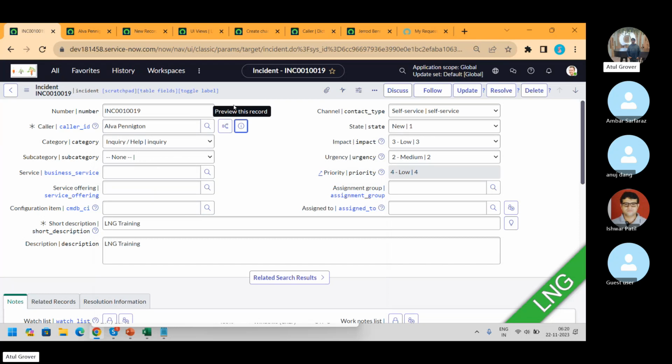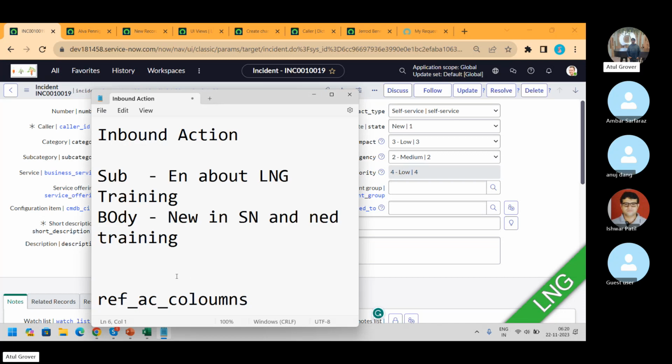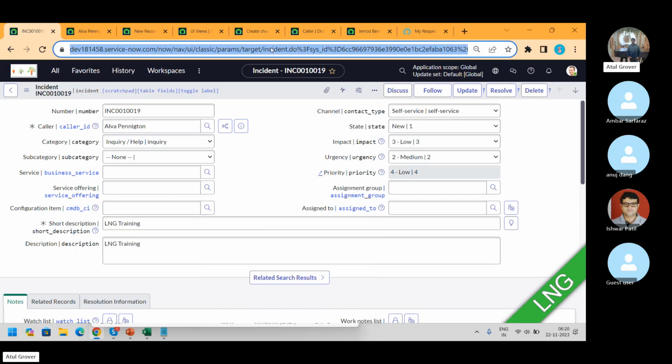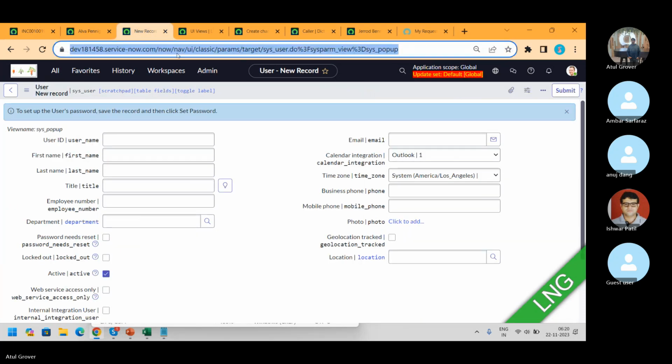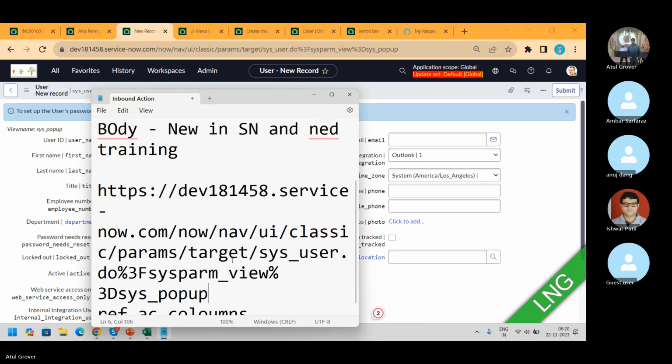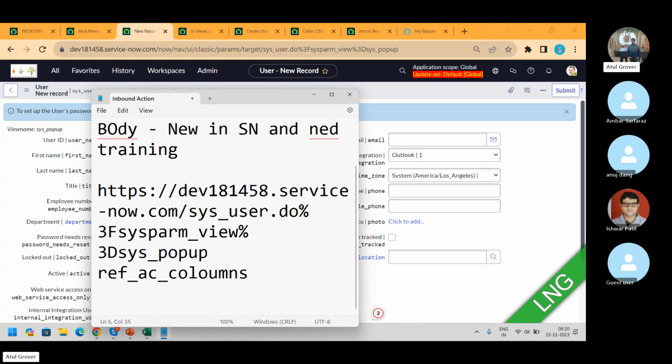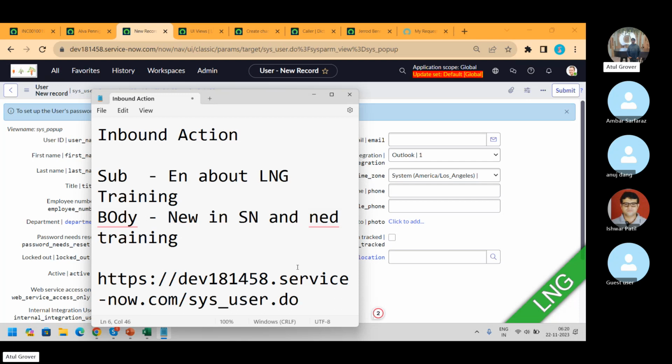Okay, ji, clear till this point? Atul, can you share that? What was that? Sys underscore user dot, how did you open that? Okay, that link, right? Let me open this. I'll write it again. So you can put your instance name and then you can put your table name dot do. Then you can put, where is the do gone? Do, then sys